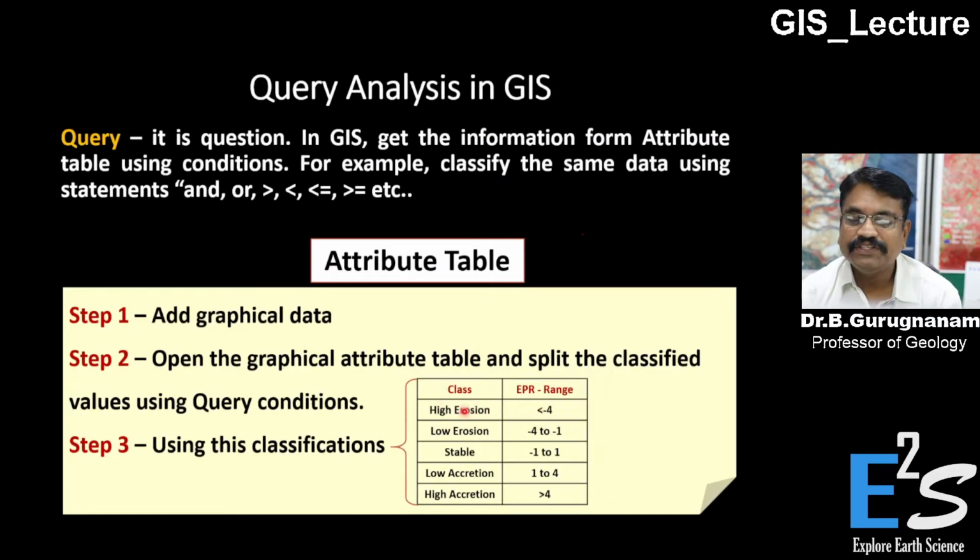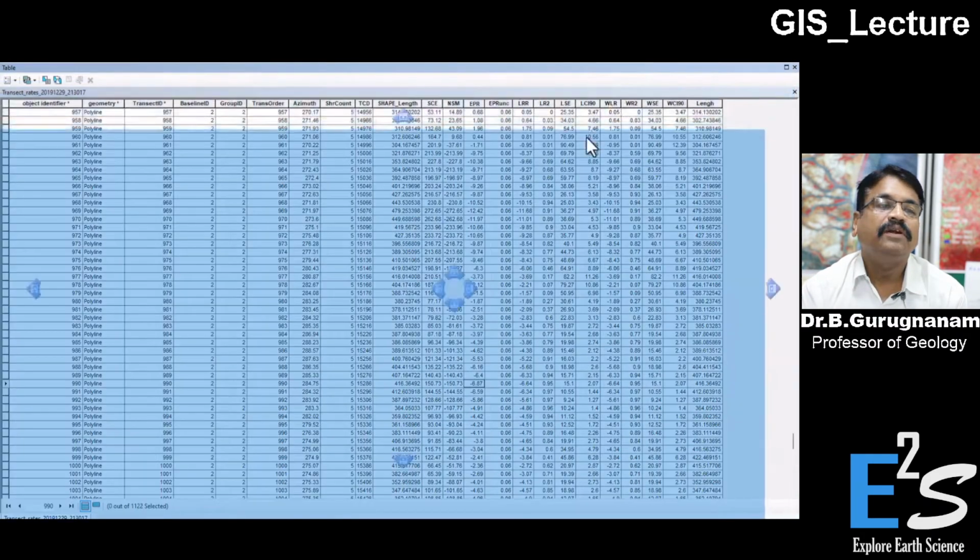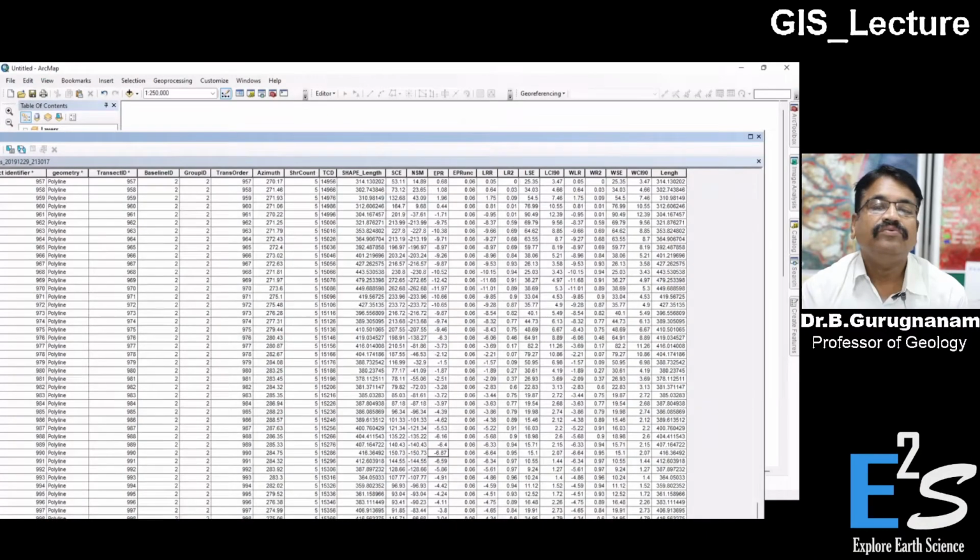Now let us take the first classification, high erosion of less than -4. It means -4 and beyond: -5, -6, -7. Let us see how the values are going to be used with statements like and, or, greater than, less than, greater than or equal to, less than or equal to, in ArcGIS query output classification. Now once you open it and look at the data,